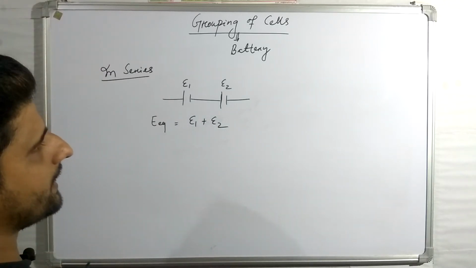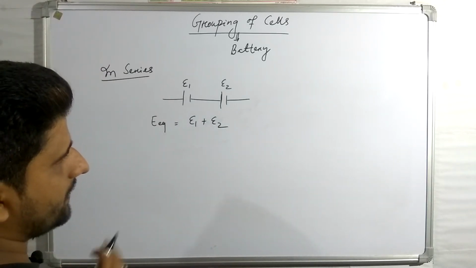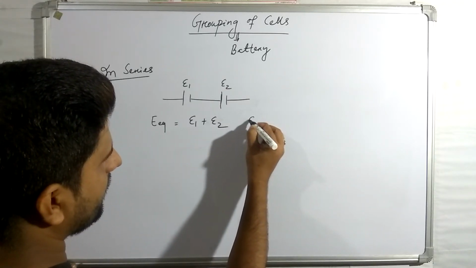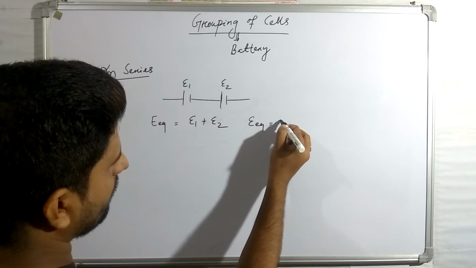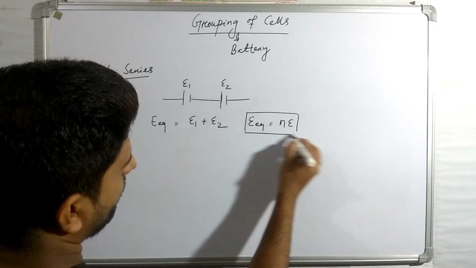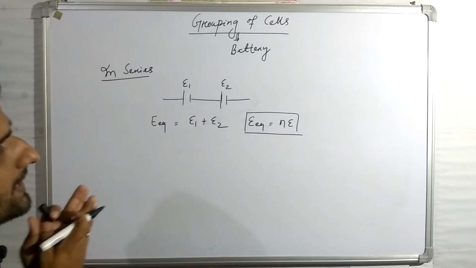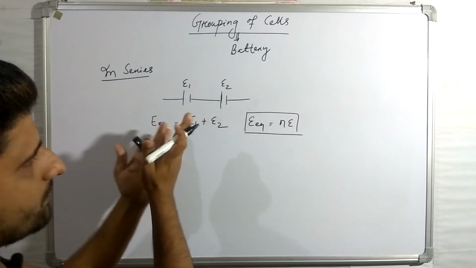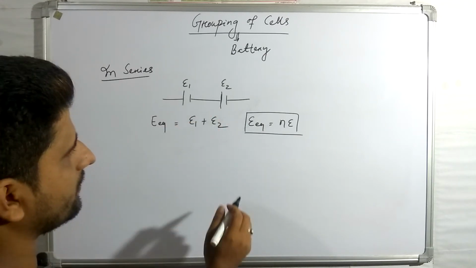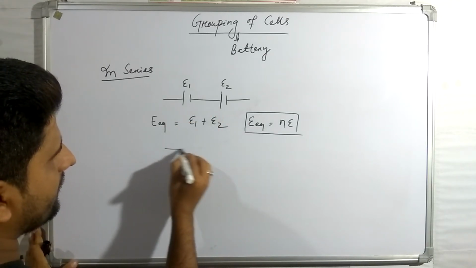When n similar cells are joined in series, the equivalent EMF is equal to nE. If one of these cells is connected in reverse, in a wrong manner,